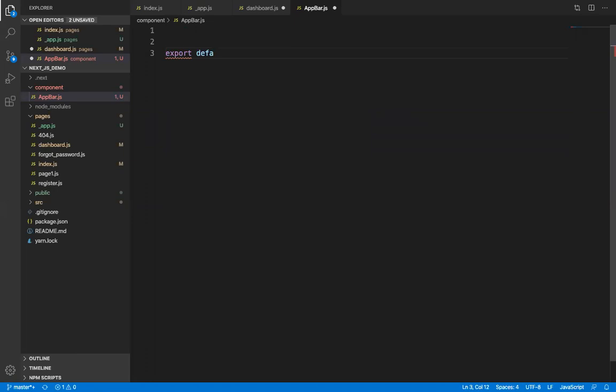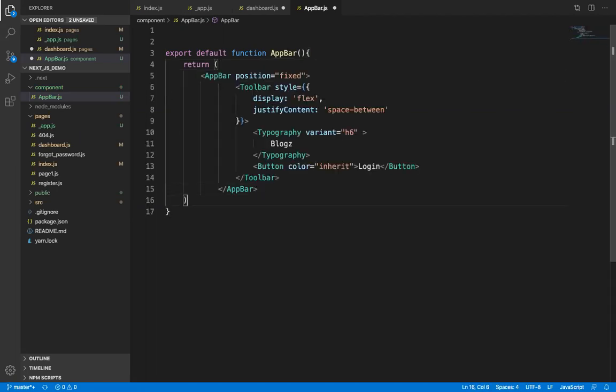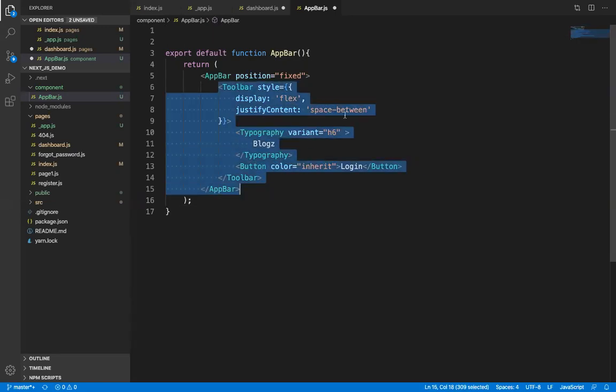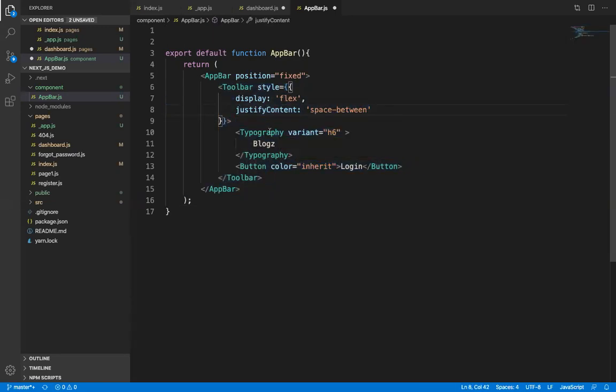Export default function AppBar, return, paste. Now inside the return we need what? App bar, toolbar, typography, button.